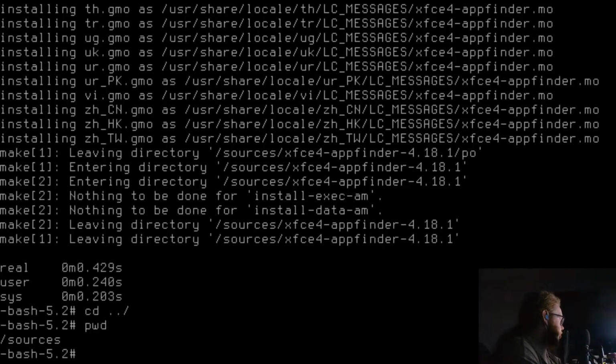Xfce4 power manager. This requires libnotify, requires GTK+ 3, which we've got, and upower requires libusb. Libusb requires nothing. Yes.